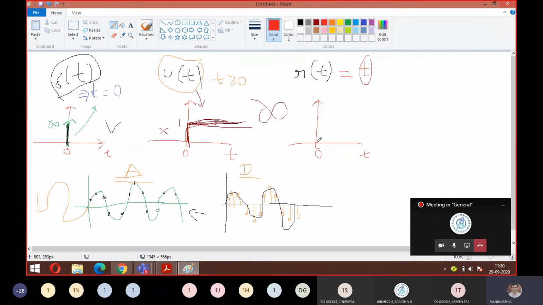Okay. So whenever you find such signals, which I am going to write now: from zero, the signal occurs like this, a constant or linear line, and here also for t greater than or equal to 0. If the signal occurs in this format, the format I wrote on the screen, visible, right? Then such signals are called ramp signals. Is it fine? So we got the difference between the impulse response, unit step function, and ramp function.